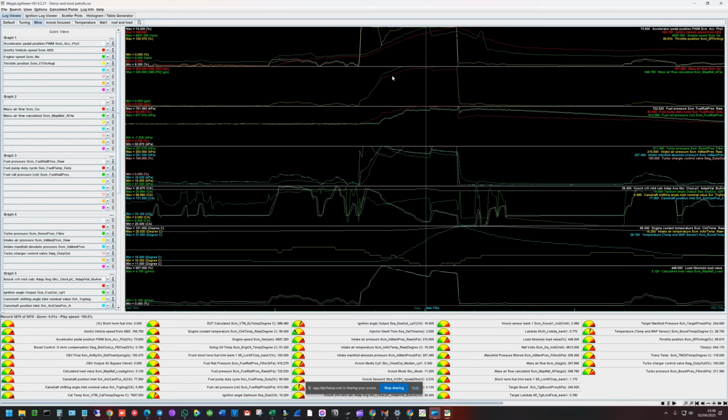Anyway, so how was our fueling? How's our boost? How's our knock? These are all the interesting things that we can see. What was our ignition advance? I think we're running about 16.5 degrees of advance at the top end there. Very nice. And then I've got some additional